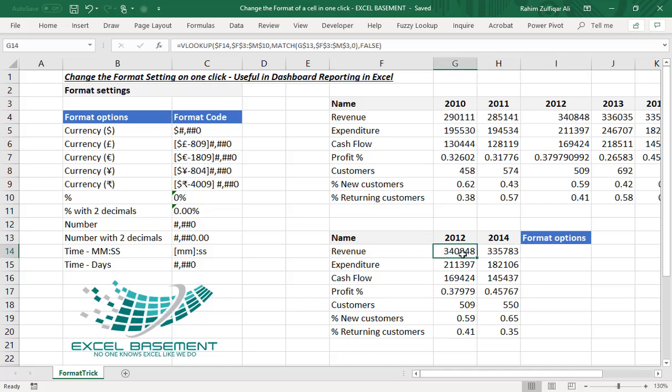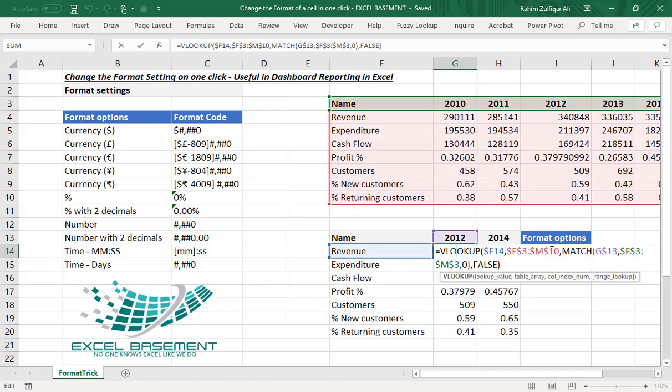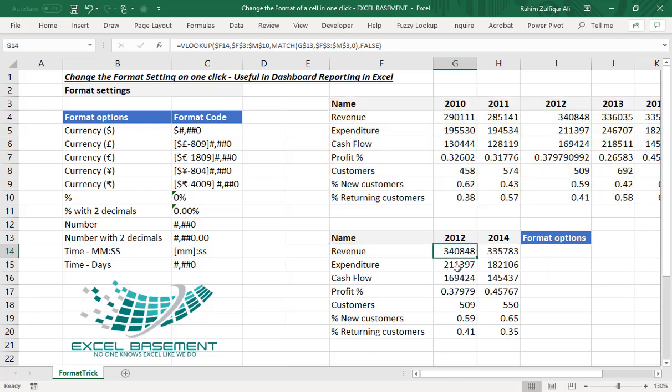For getting these numbers of revenue, expenditure, cash flows and related items, I have just used VLOOKUP with the MATCH function, which is very easy. The revenue is being looked up in the database, and that particular year 2012 has the outputs of these numbers with the respective line items, and it is just returning us the numbers. So I hope you understand these functions, VLOOKUP and MATCH. Now generally these functions fetch the output or return values, but they don't format, right?